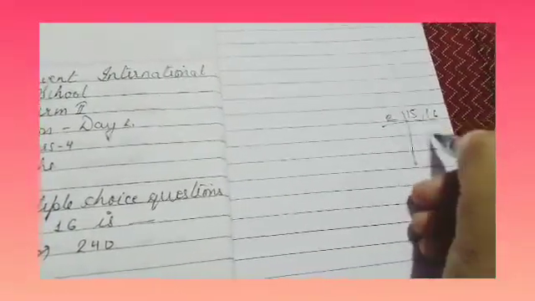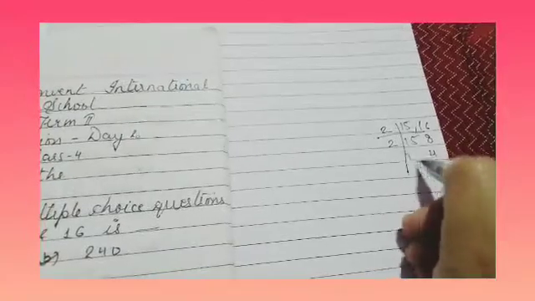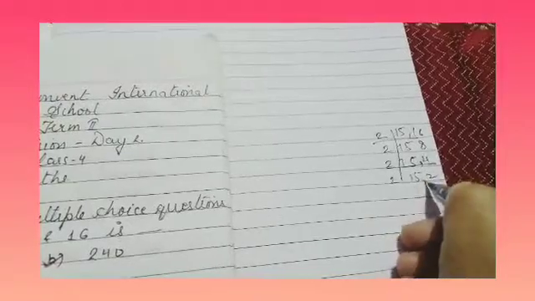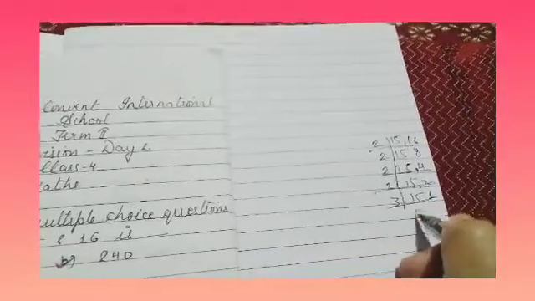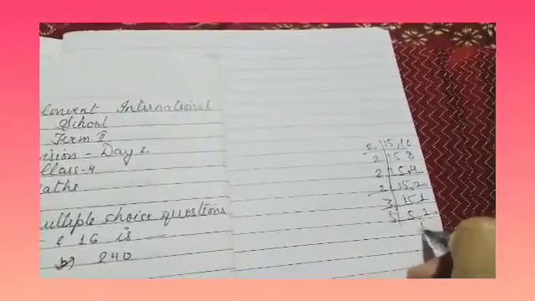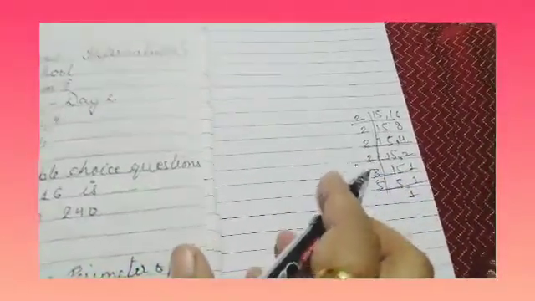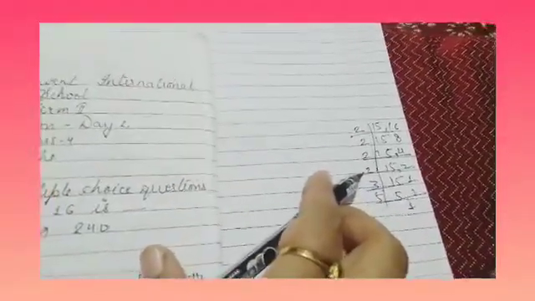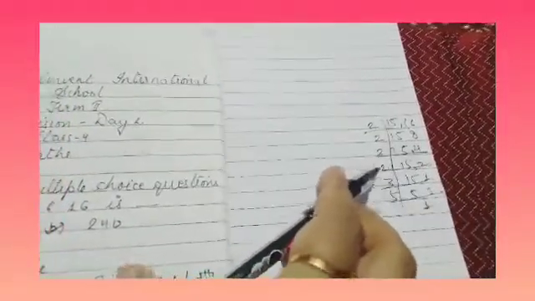So first we will take 2. 2 8s are 16, 15 as it is. Now 2 4s are 8, 15 as it is. 2 2s are 4, 15 as it is. 2 1s are 2. Okay, now we are going to go for 3 5s are 15, 1 5 1s are 5. So children, here we have 2 into 2 into 2 into 2 into 3 into 5. So 2 2s are 4, 4 2s are 8, 8 2s are 16, and here 5 3s are 15. So 16 into 15 is 240. Okay, so this is our answer.